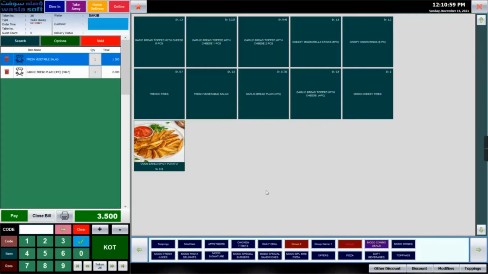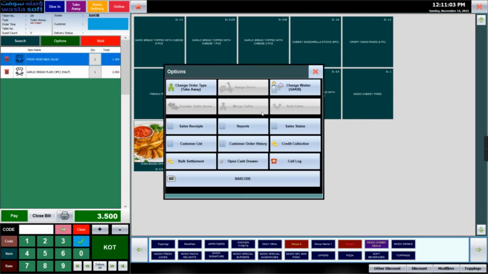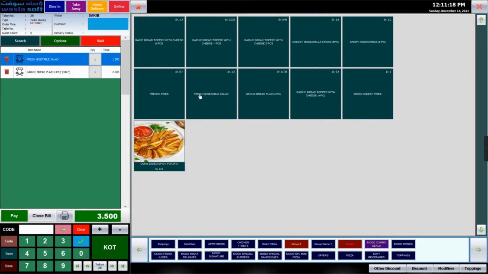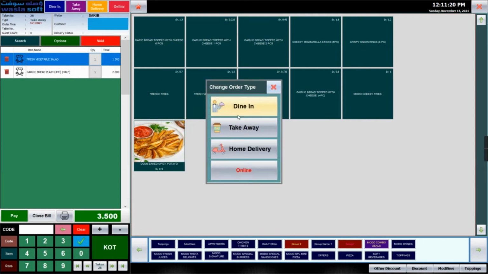Many options are there in the order entry screen. Just click on options. Under options, this is change order type. Currently the order is a takeaway. If you accidentally put it as takeaway, you can change it to dine in.